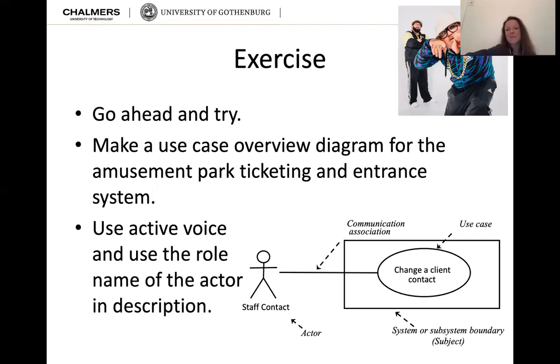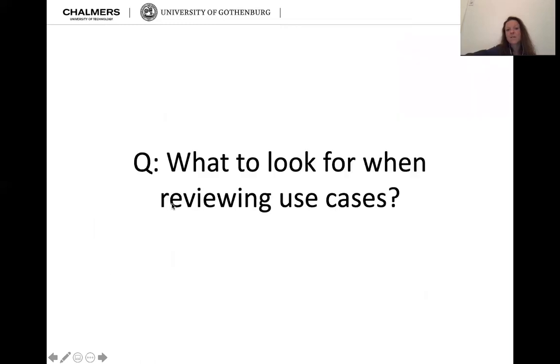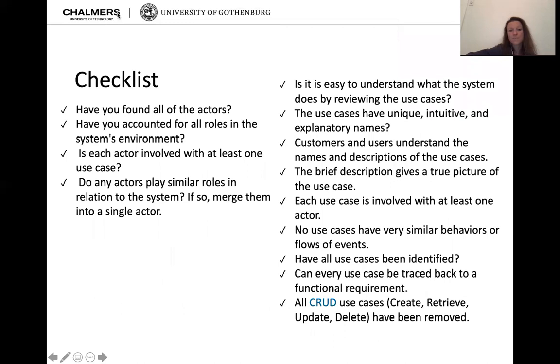Couple of hints on what to look for when you review use cases. Here's a checklist. So have you found all the actors? Have you found everybody that interacts with this system? Have you accounted for all roles in the system environment? So all other systems that talk to ours. Is each actor involved with at least one use case? If there's an actor flying around that is not connected to any use case,